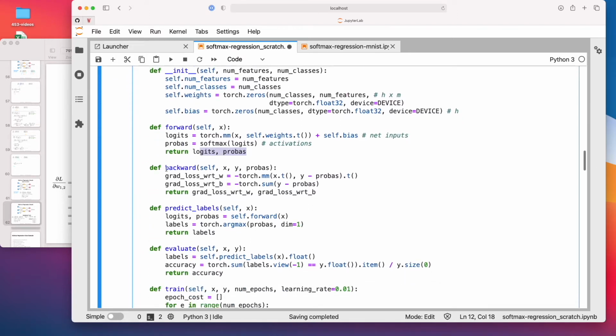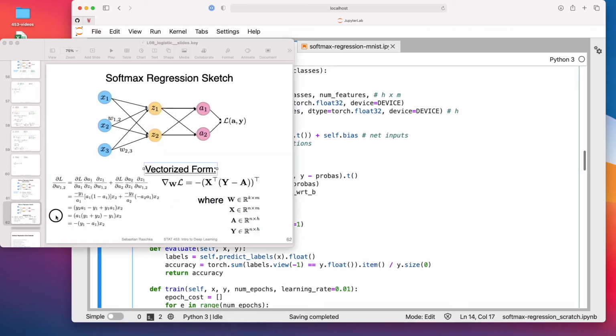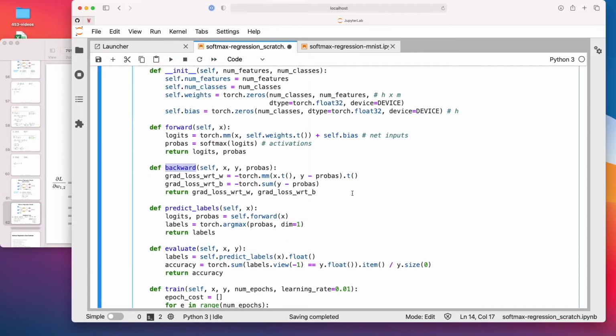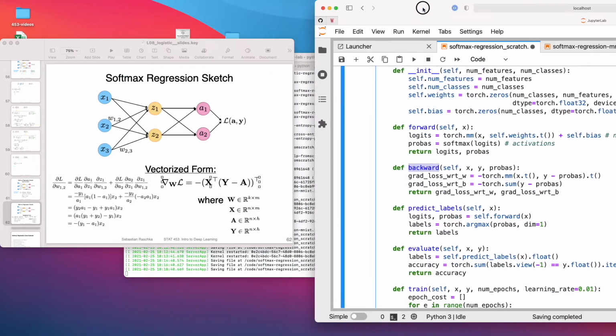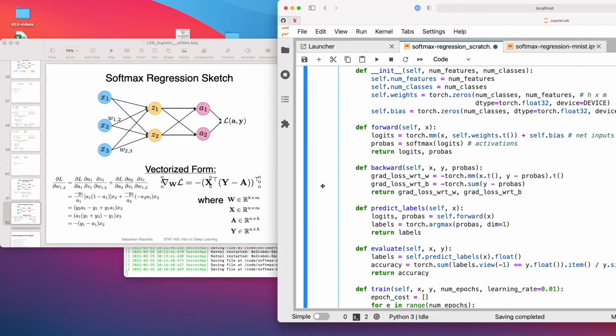And here is the interesting part, the backward method. That is where we compute our gradients. Instead of doing everything with a for loop for each weight individually, we can use the vectorized implementation I showed you. Let me move this over. I'm implementing it really one by one here, literally. It's not making any change. We use our X transpose times, with a matrix multiplication, y minus probability.